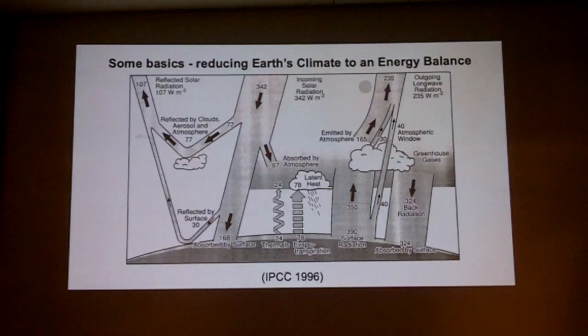And although it looks busy, this is highly simplified. This is the state of our knowledge of those numbers in 1996. So this is the second assessment report of the IPCC, the SAR. At that time, there was a reasonable amount of confidence in these numbers, plus or minus 1 or 2. These are important numbers because it's the slight perturbation of the outgoing long-wave radiation, which is at the core of understanding climate change, because that's the bit which is affected by carbon dioxide. Anyway, if you're going to build a climate model, you've first of all got to know this kind of thing. Then I'll say a few words about